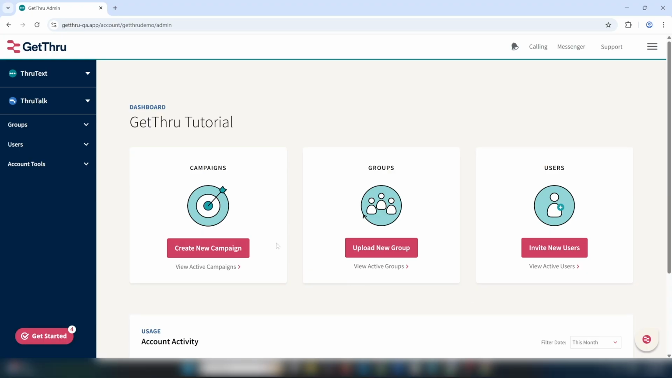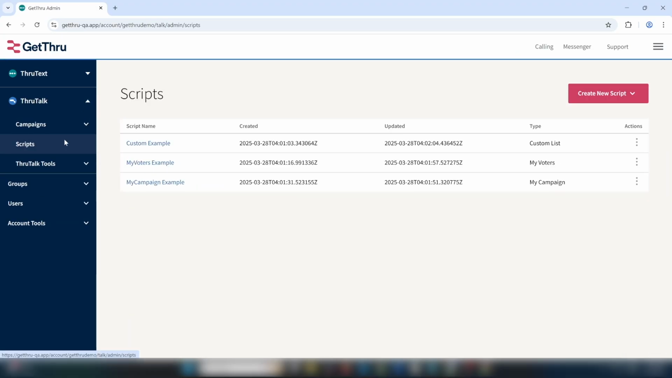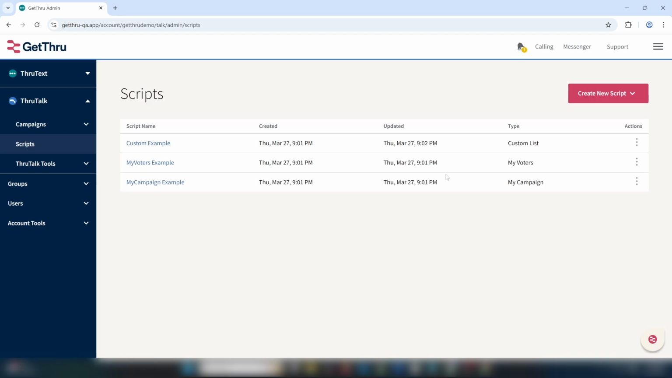Let's start by navigating to the GetThru Talk section in your GetThru account, located on the left sidebar. Click on the Scripts option and then select Create New Script. If you do not have VAN integration, you will only have the Create New Script option. However, if you do have VAN integration set up, you'll see additional options including no syncing and options for syncing